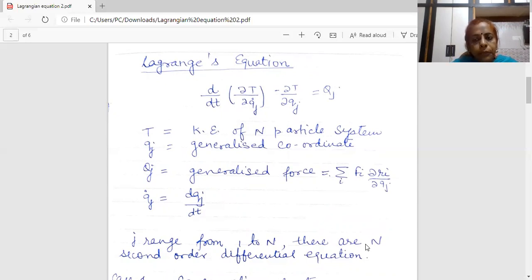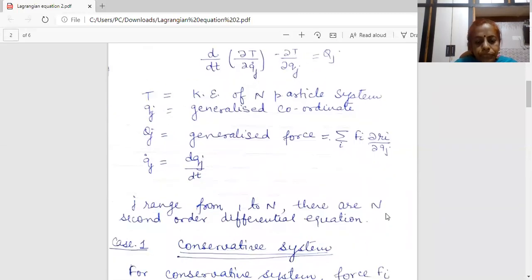Now, what I am going to do, firstly, I am going to derive the Lagrangian equation for conservative system, and secondly, I will derive it for non-conservative system. So considering my first case, for a conservative system,